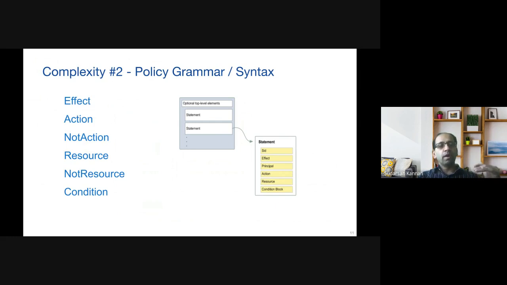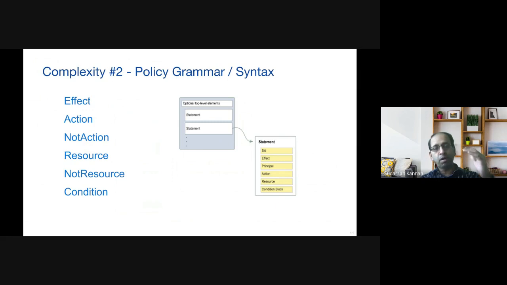So in one policy block, I can say action equal to go fetch me something, right? Whereas NotAction is a negated form of that action. So in that case, I can say, do not fetch me something, right? Or maybe in the action block, I can say only Jeremy can access it. Whereas in NotAction, I can say Jeremy cannot access it, right? It gets really complex.